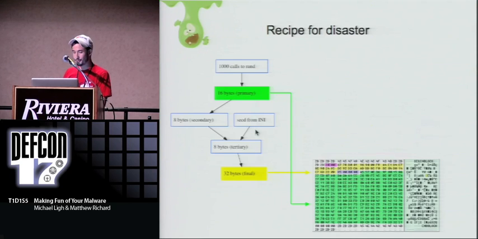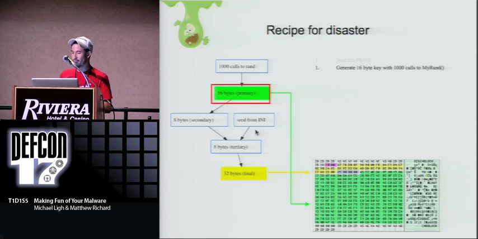So I'm going to skip through this one just a bit fast. I talked about this briefly at DEF CON last year. The recipe for disaster is to seed the random number generator. That's grayed out up there because I wanted to indicate that they didn't do it. The next step is that they make 1,000 calls to that myrand function and generate a 16-byte number,